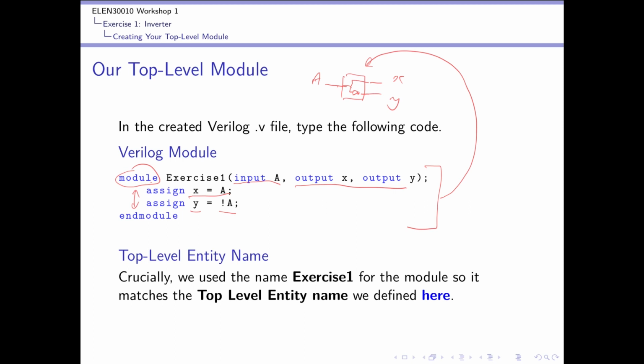When we created our project, we made sure to name the top-level entity exercise 1, and we're using the same name here, and so Quartus now knows that this input here has to be connected to a physical pin of the FPGA. So if I've got my FPGA here, it's got actual pins on it, lots and lots and lots of pins. Because this is how it matches up with the name of the top level module, when we do pin assignments,